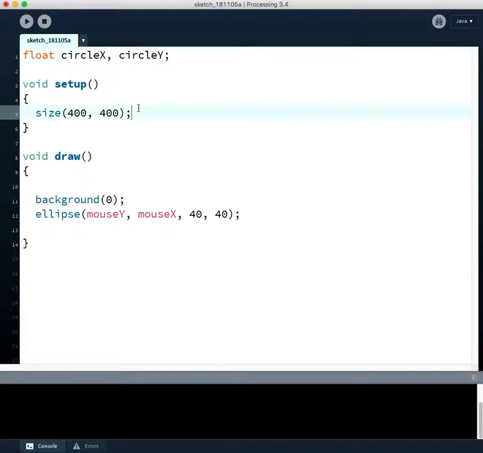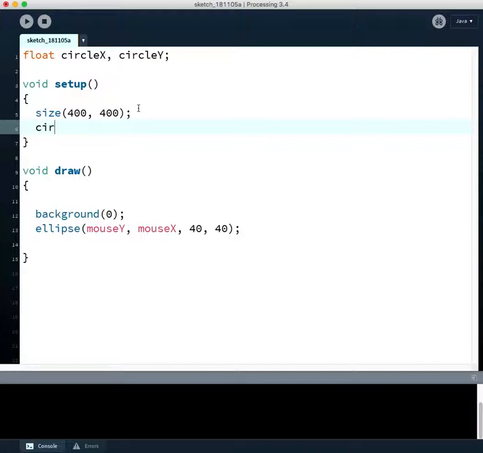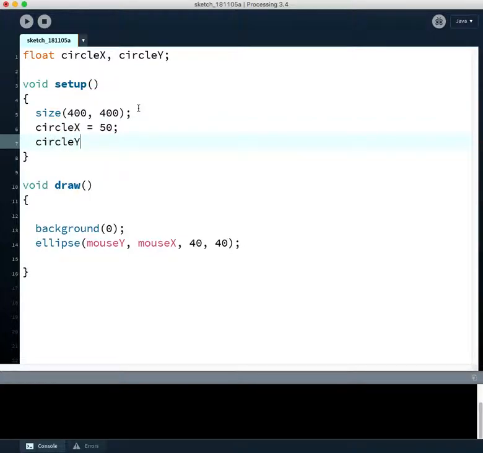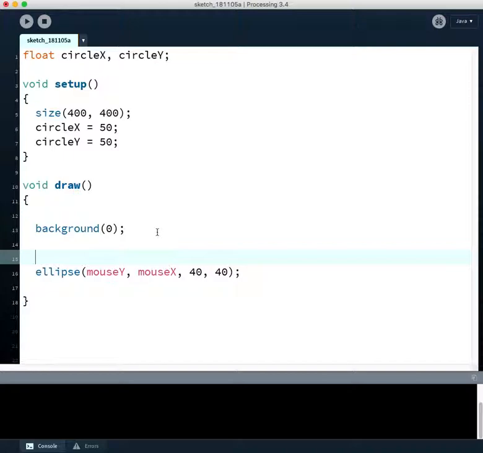In the setup function, we'll give them values. So we'll say circleX has a starting position of 50, and circleY a starting position of 50. It doesn't really matter where the starting position is, because then we're going to use the mouseX and mouseY to